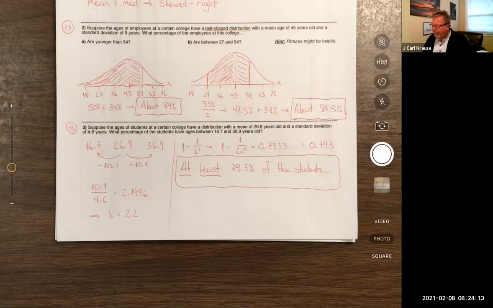So I invite you to go back and take a look at that lecture from a week ago, and you will see that I emphasized heavily that those words at least need to be there. So the question is, and I'm not disparaging